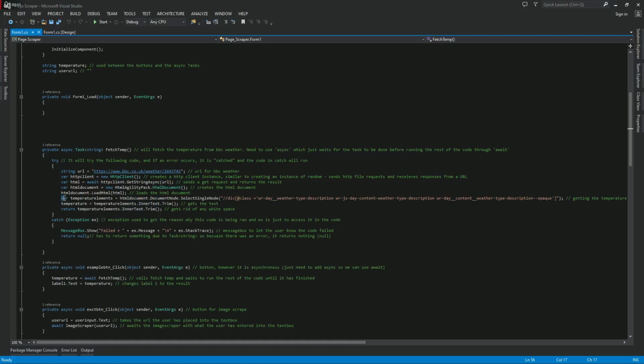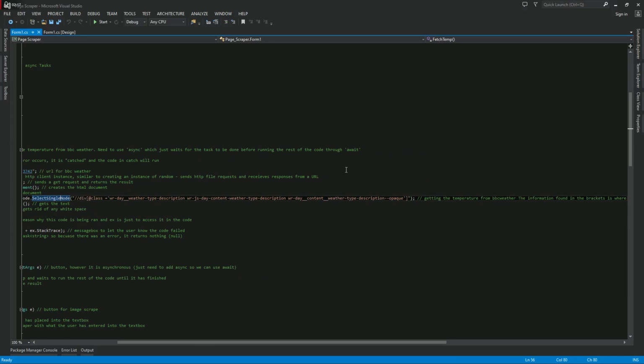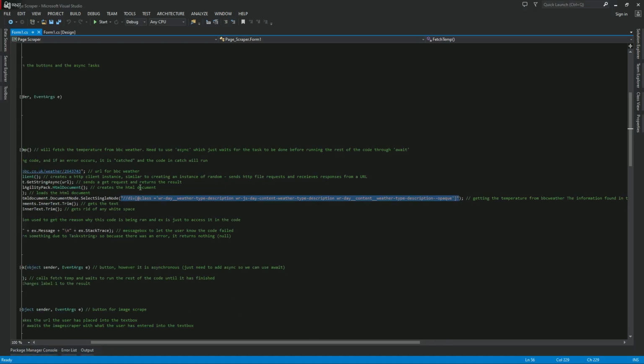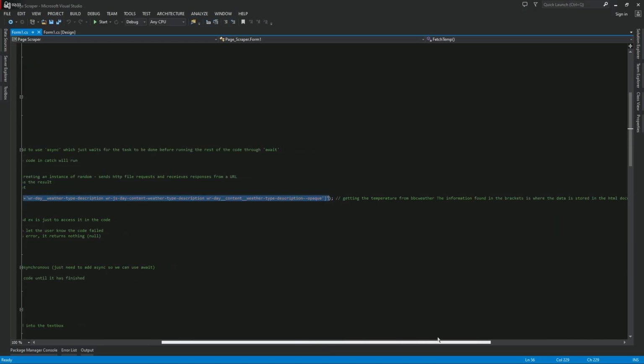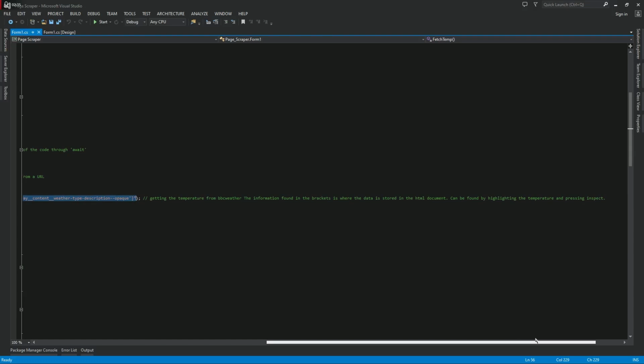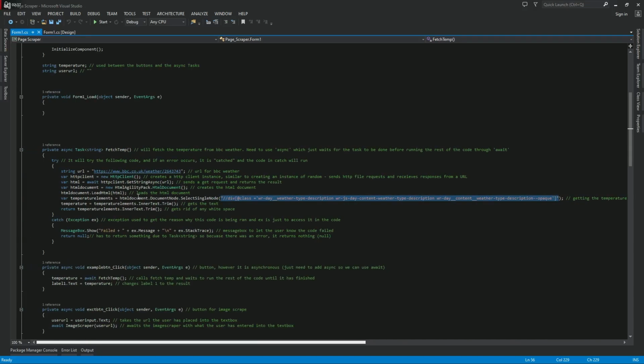And here we're looking for the temperature. So in the HTML document, we're going to look for the document node that is under this. Essentially, when you go onto a website and you press inspect, in order to find the temperature, this is what it's classified by. So putting this in will give us the temperature from BBC Weather. And this is found in the brackets, and can be found by highlighting the temperature and pressing inspect. So if I just copy